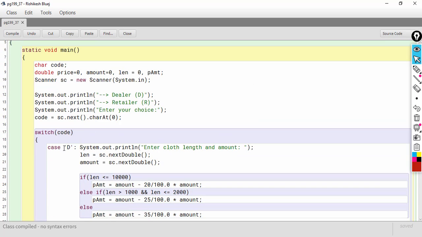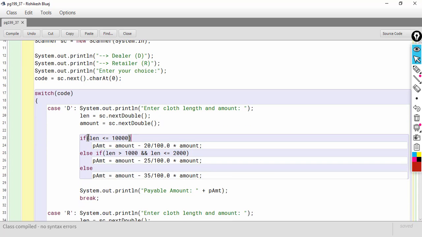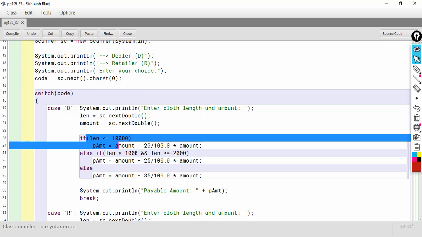So let's say if it is D, then I'll display a message here, enter cloth length and amount. So I'll take the input and store it, the length will be stored in len and the amount will be stored in amount. Okay, now here I am checking if the length is less than equal to 1000 as per the table given in the question.